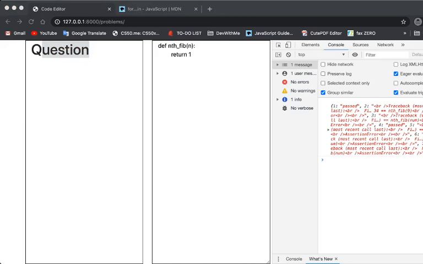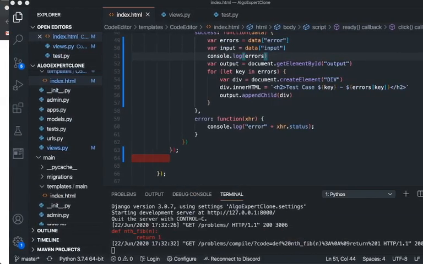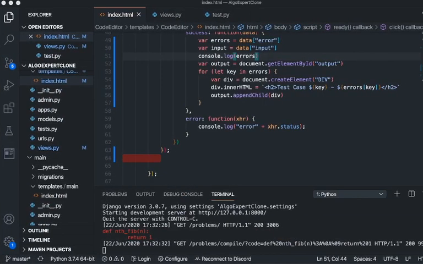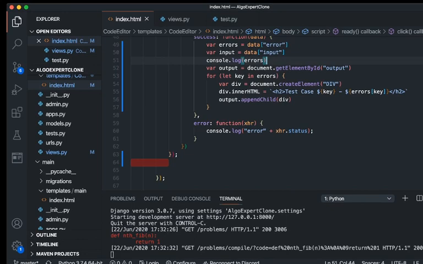Actually, let me work on formatting this a little bit first. I know these are not really great error messages because you just see assertion error, but that just means that you didn't pass the test case. And then what we'll do is